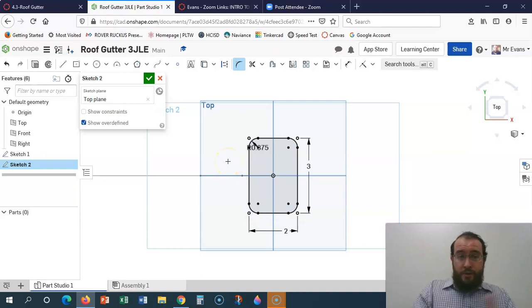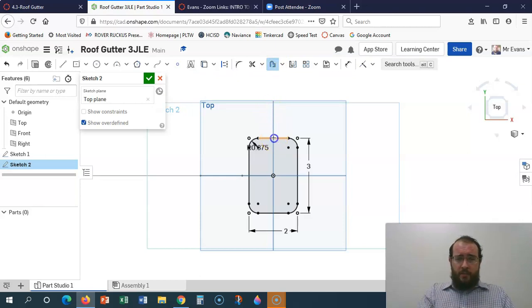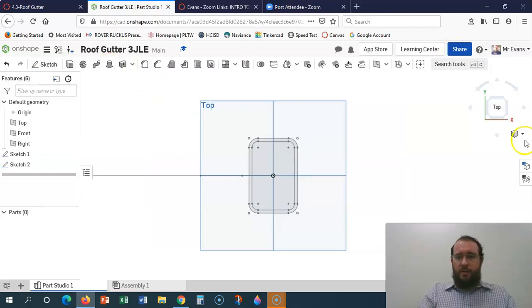All right, now we're going to use another tool, and it kind of looks like a heart, sort of, or a B. It's called offset. I'm going to click offset, and I'm going to click each one of these, and it is sending it in the wrong way. I'm going to click that arrow so it goes inward, and I'm going to hit enter, and I'm going to double click that number that says 25 because it needs to be 0.125 as a distance between them. It's the thickness of the plastic on the gutter, or the metal on the gutter. And then I will hit the green check mark,